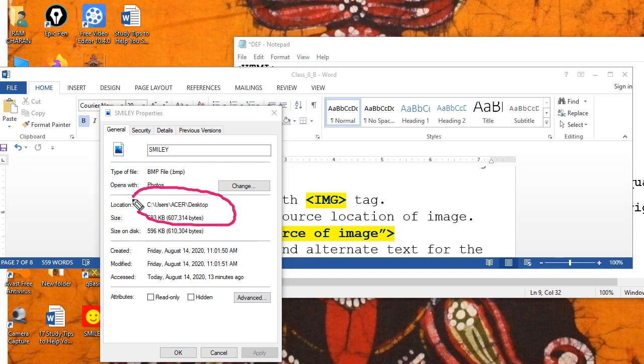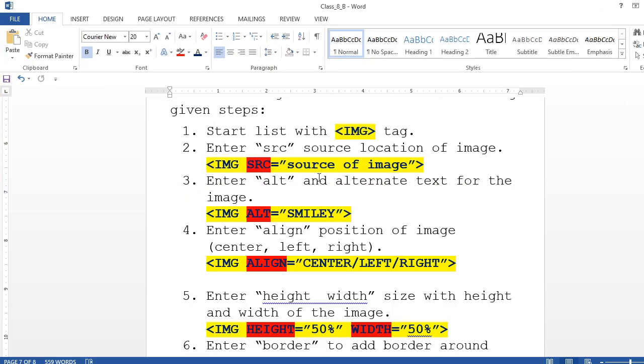You have to put this path, and this is the file name, and after that you put a dot and then the type, which is BMP type here. You have to supply that for all of them, understand, you make sure about this. So let's come back here. That's why this source location is there.